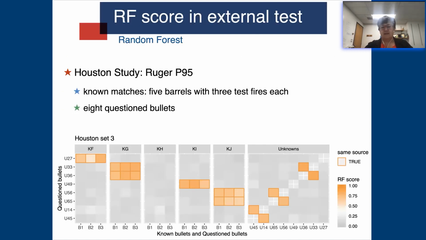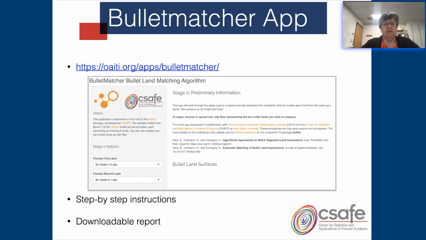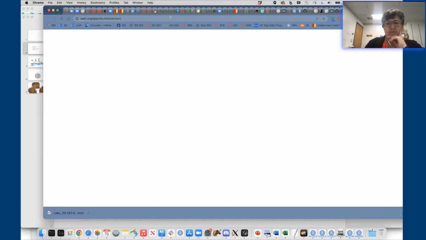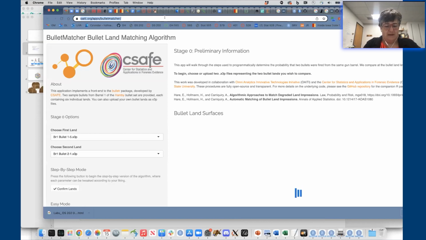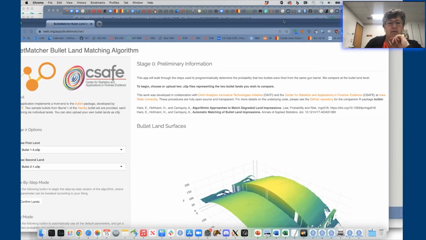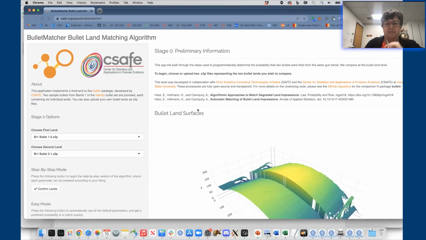So let's go to the app that I promised. This app is really available, and I can put it into the chat. I think chat's disabled. I think I can use it, but you can only read it. Okay, so this app